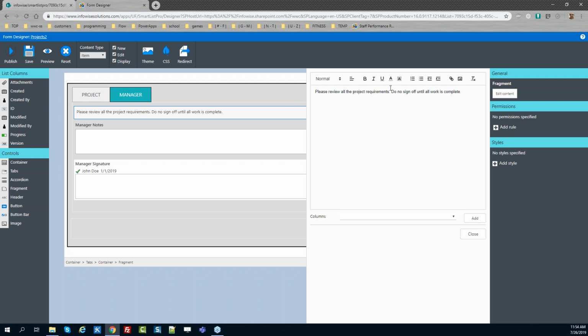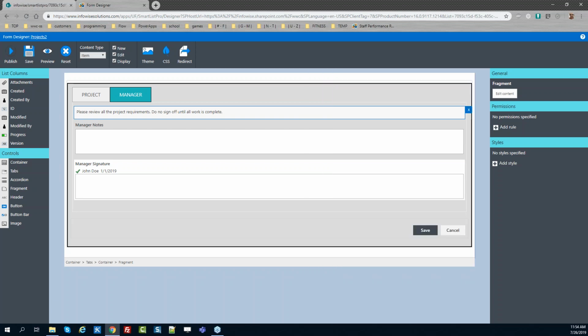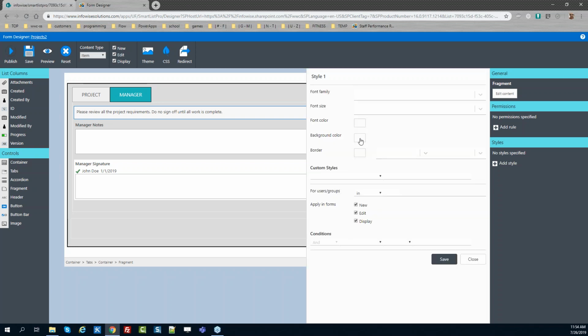This is just a regular visual editor tool. You can do formatting, insert pictures, whatever. You can do whatever you want to with the column, insert columns, however you want to do that. And then just like all the other controls, I can style that. So we'll do a little styling, give it like a light yellow. Sure, why not? And give it a border. I'll do a dotted border for this one, 1 pixel. Okay,